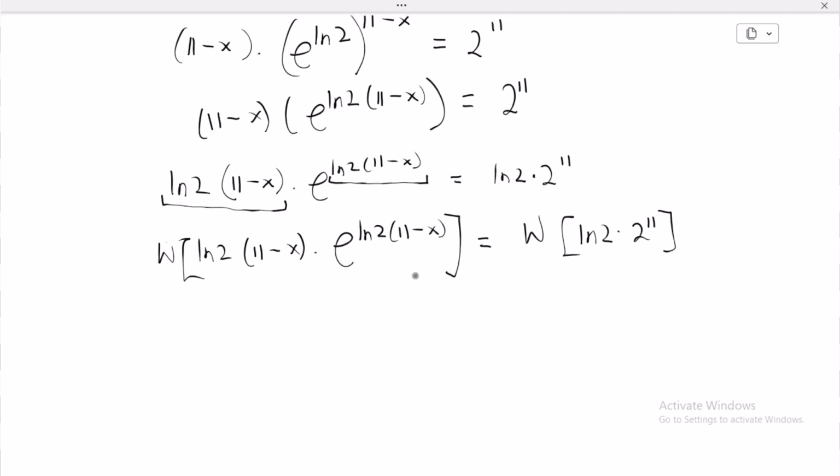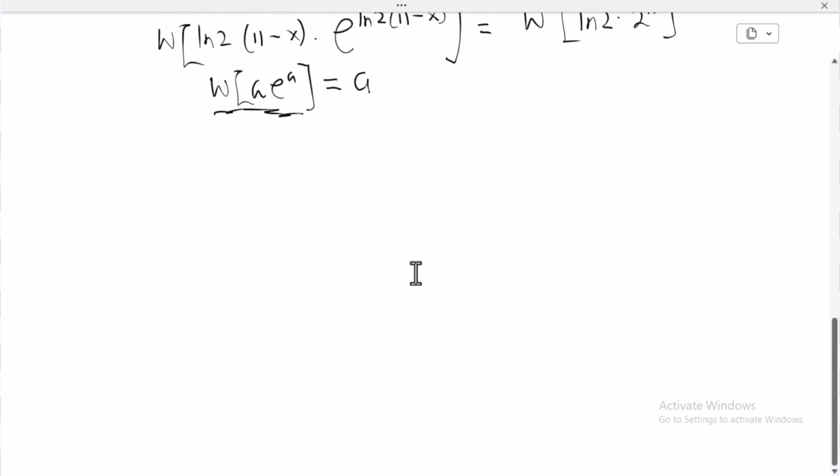Now, what it means is that when you take W Lambert's function of, let's say, A e to the power A, when you take W Lambert's function of this expression, the answer is simply equal to A. So when we bring that same ideology back into our question, it means that when we take W Lambert's function of this whole expression,